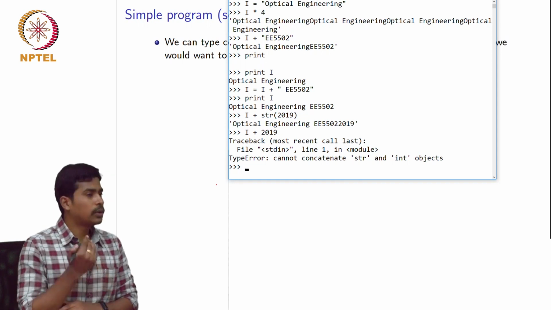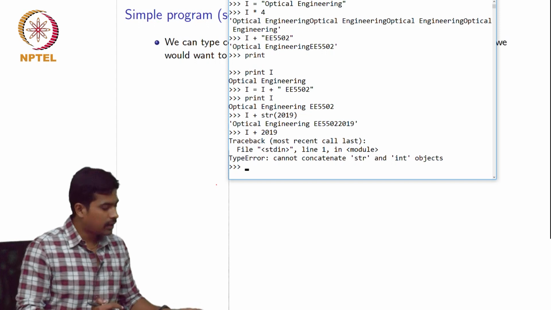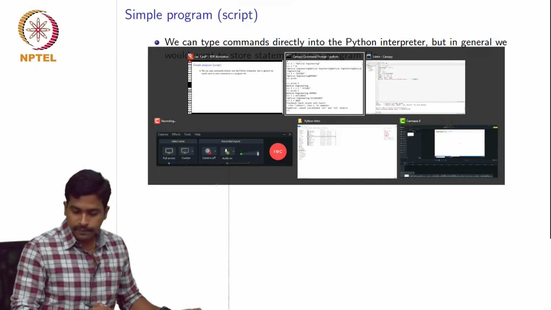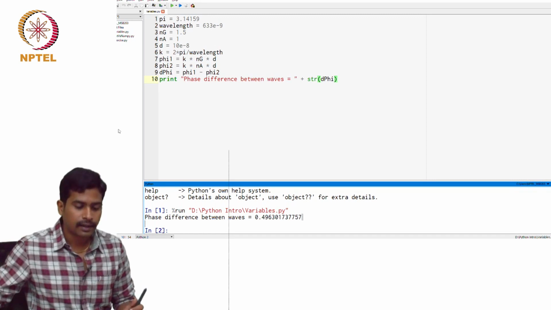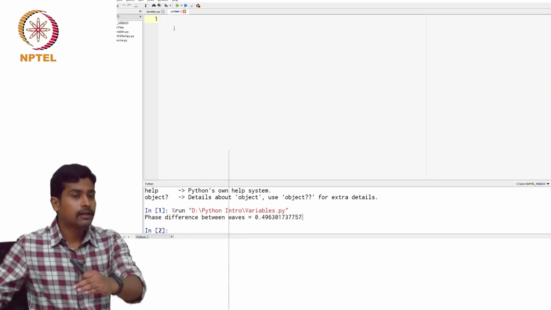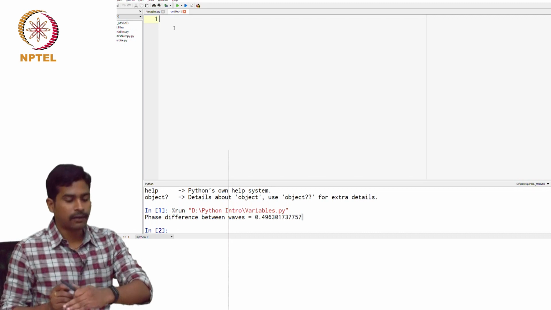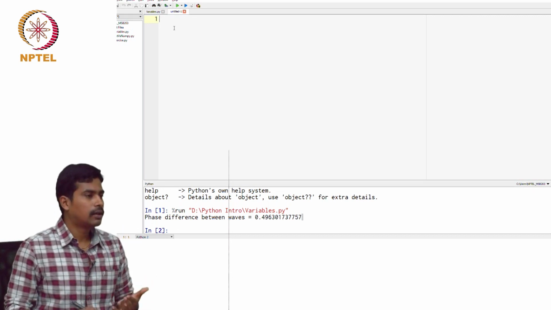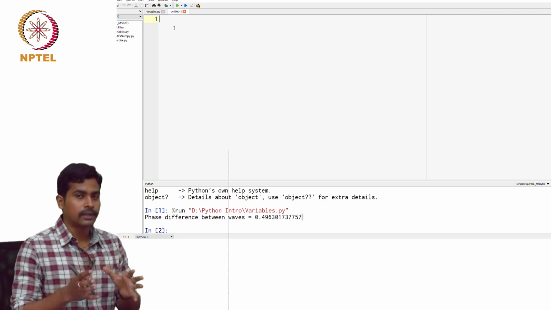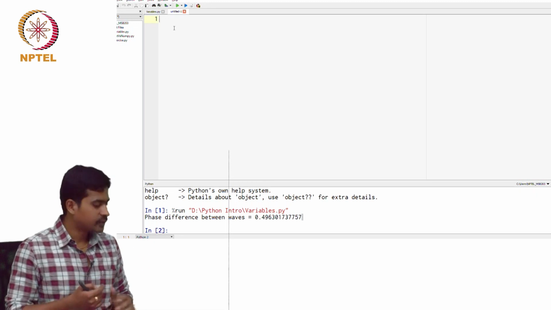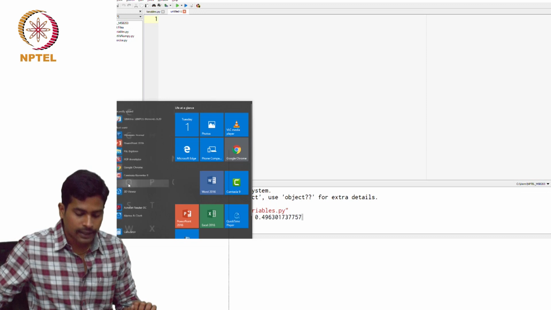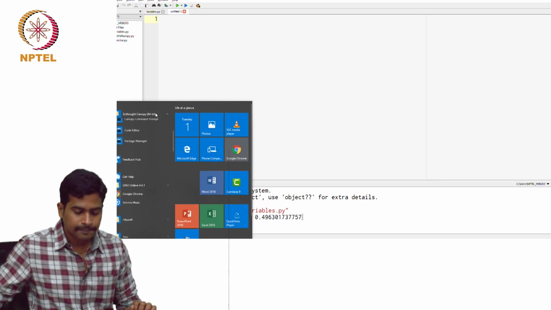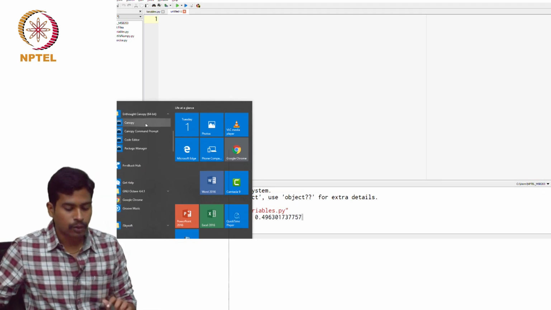Instead, you can open a text file. You can open this editor, open a new file, write all of your program in this file, and then execute the whole program at once instead of executing one after another. In order to open this, I hope you have already installed it, go to Enthought and open this code editor.